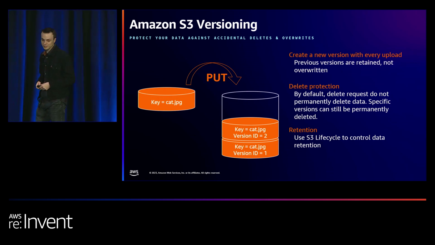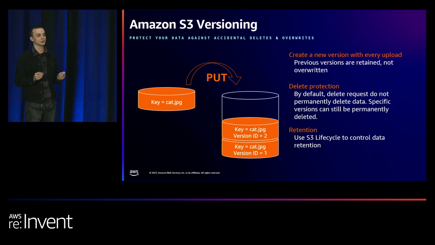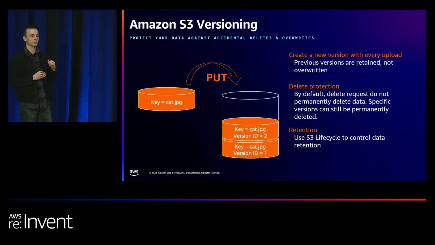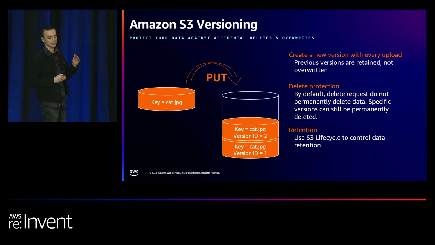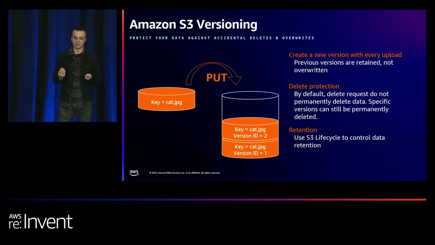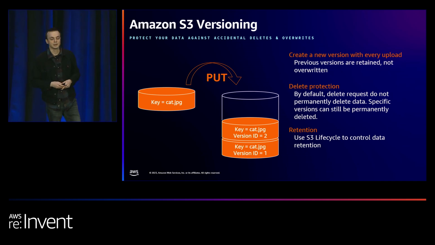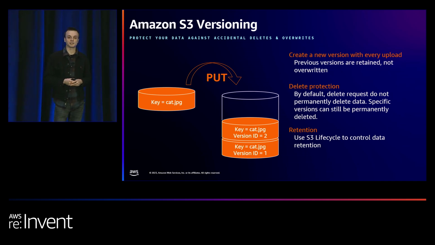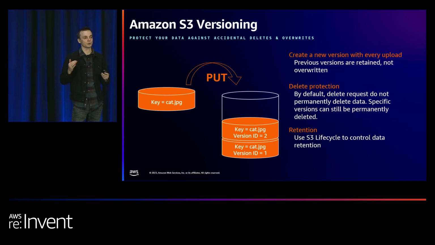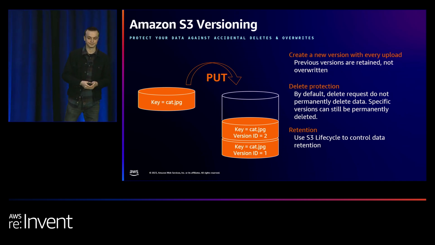So once versioning is enabled, every object that you upload in your bucket will have a version ID. And multiple objects with the same name will form what we call a version stack. So if you made a mistake and you want to go back to a previous version, you can always do that. Deletes work differently in version buckets as well. Whenever you delete an object, we will create what is called a delete marker, and then we will put it on top of the version stack. And just like before, if you want to go back, you can always do that.